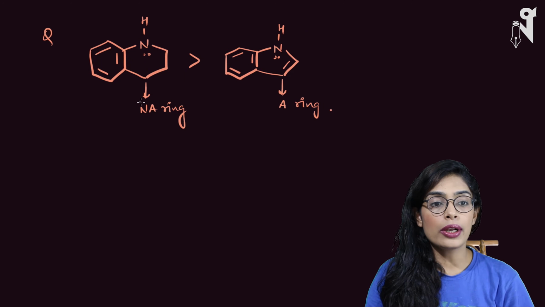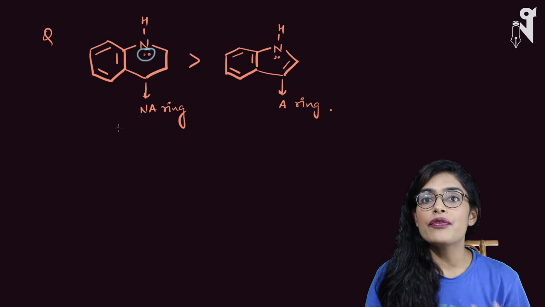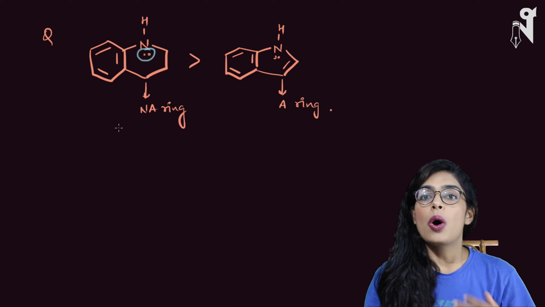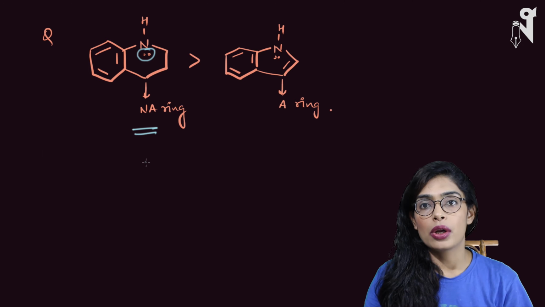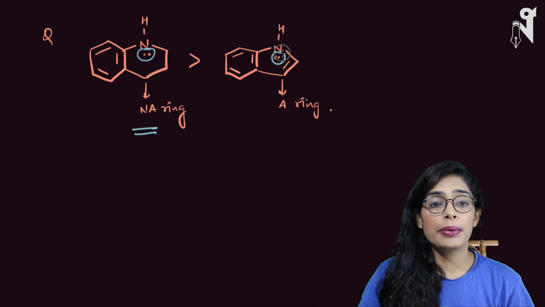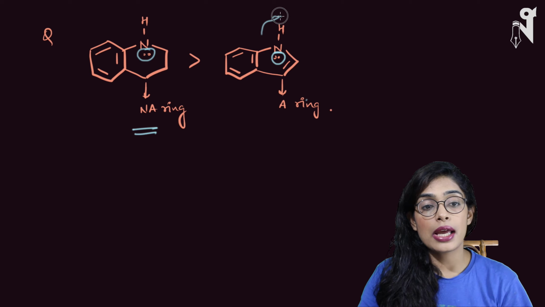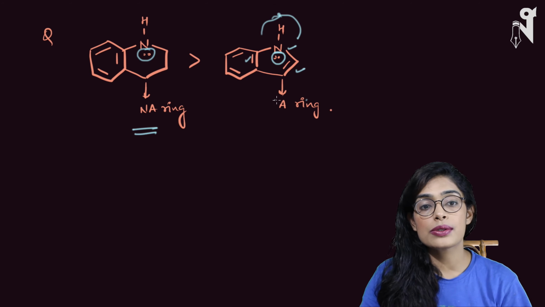Now look at this one. I have a non-aromatic ring over here where the nitrogen is placed and the lone pair is present. So non-aromatic will still remain non-aromatic after giving its lone pair or by accepting H plus. So the stability is not affected for non-aromatic. This is your aromatic ring. You have a pair of electrons over here. This ring is the aromatic ring. 1 pi bond here, 1 pi bond here, and the pair of electrons here, so 6 pi electrons.